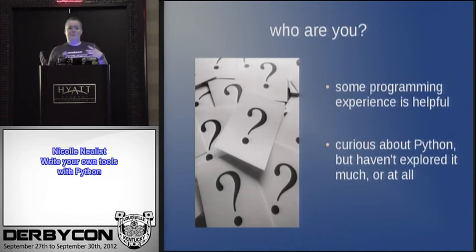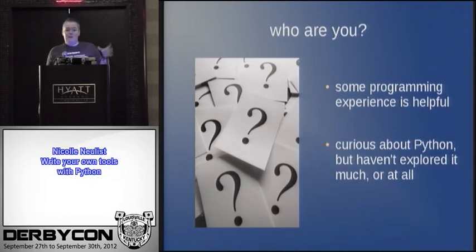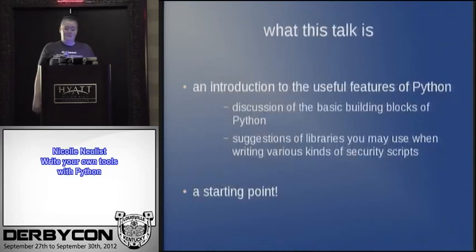I got through the basic Python tutorial of, okay, these are the data types, this is the syntax, you need colons, indentation, etc. But there's all this stuff that's built in, packaged in the language, and everyone says this is why it's so awesome, but it was kind of hard to know where to start. So I spent some time sifting through Python books and looking at other code, and finally found my way. This is intended as a roadmap to show you, okay, I want to start writing security scripts in Python. These are the modules that I'm going to need. But this is just a starting point.